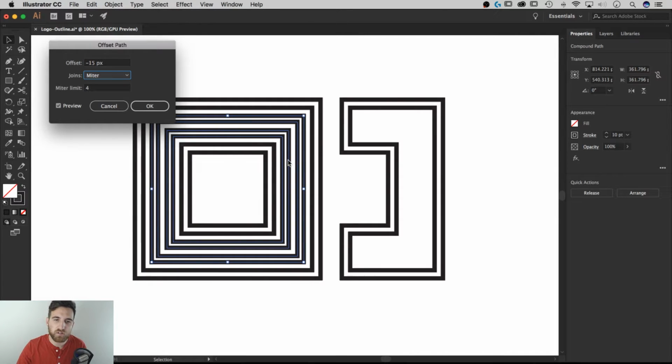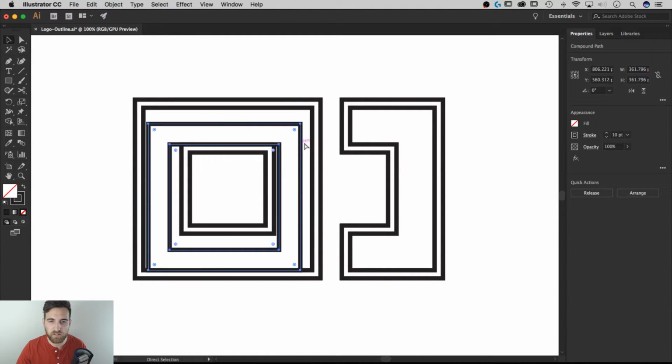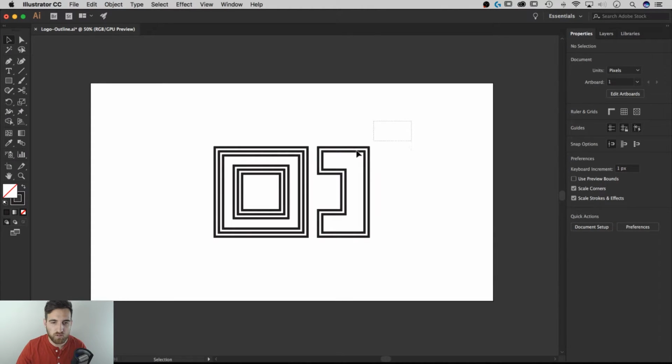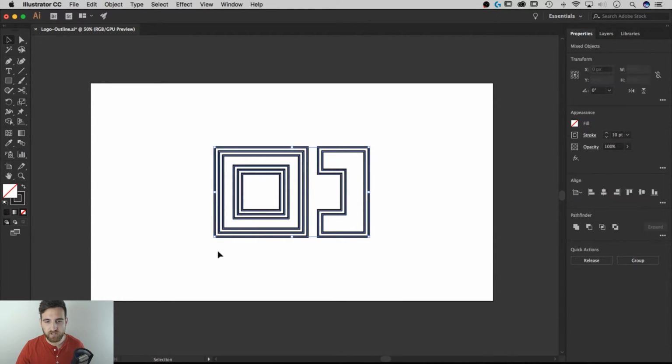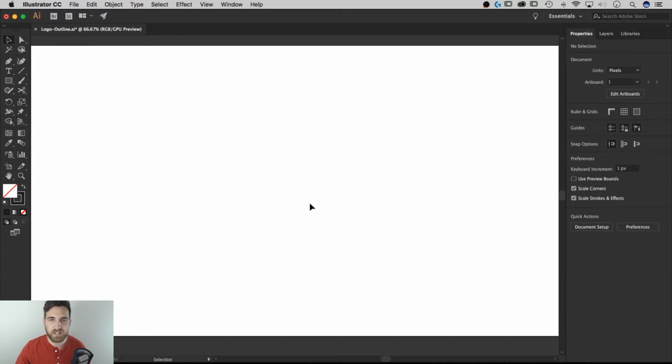But you can see how you can start to create these outlined shapes with the offset path. And every time you create one, it creates its own little path here. And so that's how you can use it on shapes. But let's look at how you can do different cool text effects with it. So I'm just going to delete this guy, and we're going to use those same sort of